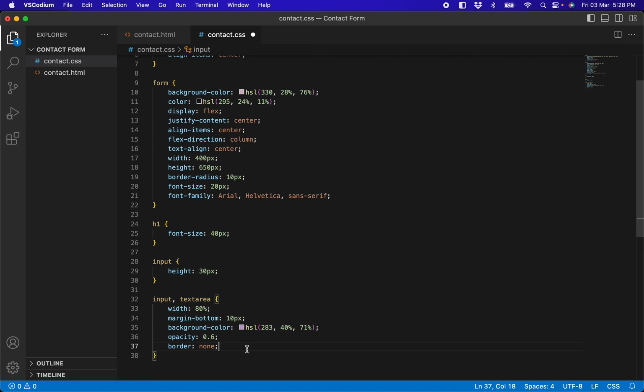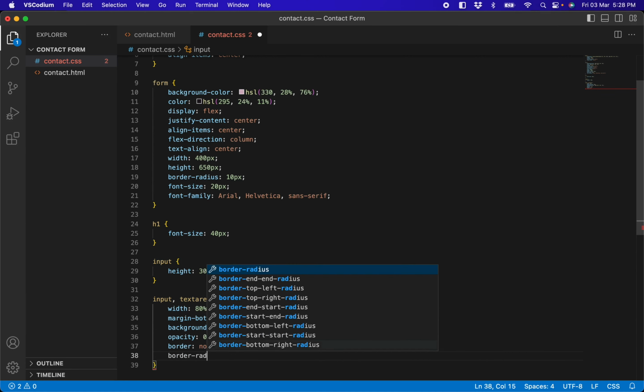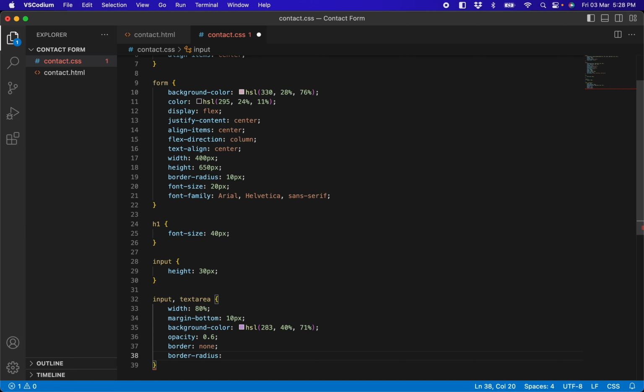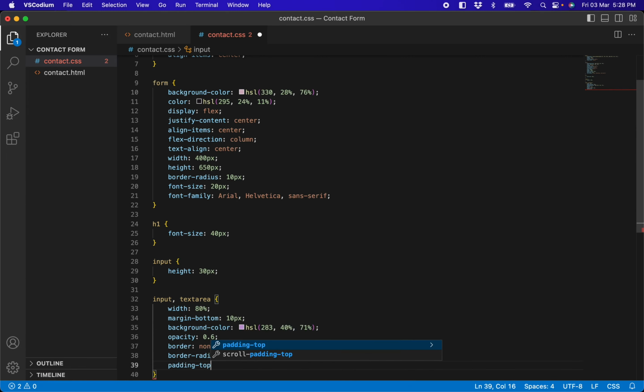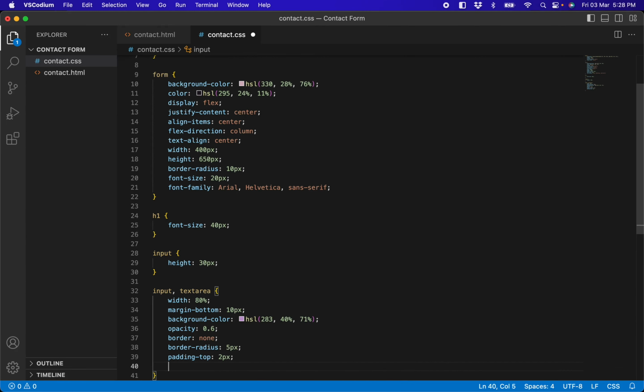It will make it look cleaner. Okay. And then I will be adding a border radius. And as I mentioned earlier, the border radius will smooth the corners of the boxes or of the rectangles. And then I will give them a padding top of 2 pixels, and this will give the text inside of